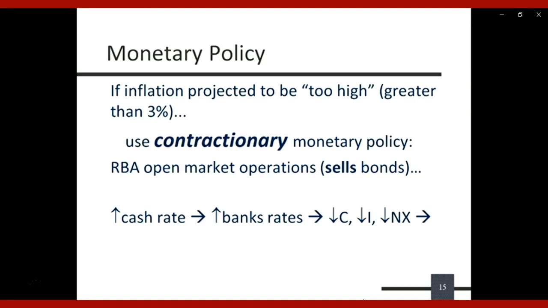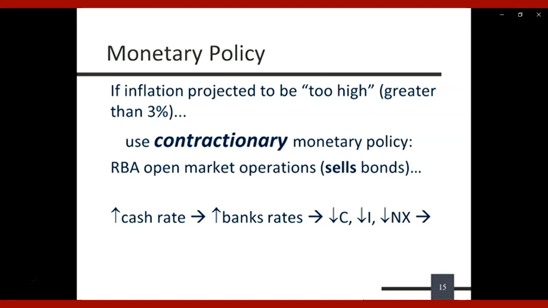When bank interest rates rise, consumers can't afford to buy that new washing machine or that new car or that new plasma screen TV anymore. So consumption spending falls. Interest rates rise, and businesses can't afford it, or that investment project they were looking at doesn't look like a viable one anymore. The profit they would make on it would be less than the new higher interest rates they'd have to pay. So the expenditure on investment starts to fall.